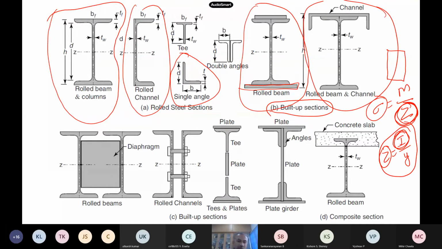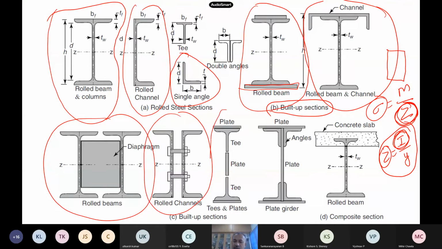This is also used. Sometimes rolled beams, like two I sections that you join, or rolled channels, then T plates. These are all built up sections, so a variety of things are used in practice. Like you take an angle section, you take a plate, and then you make your own beam. Sometimes you can also use these types of beams: this is an I section which is not symmetric, so this flange width is different from that flange width. This will be embedded in the concrete slab. We call these composite sections, and they are also widely used for beams.